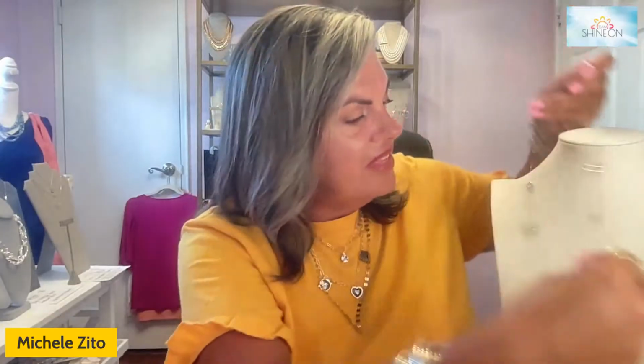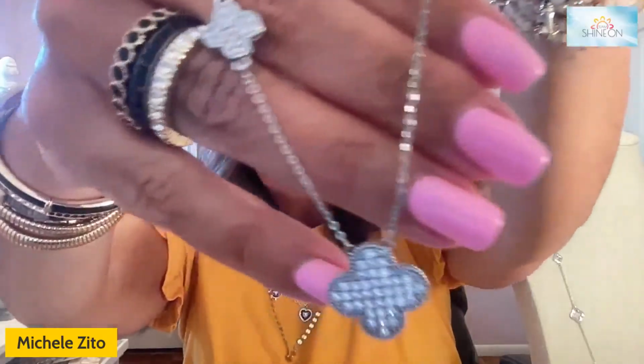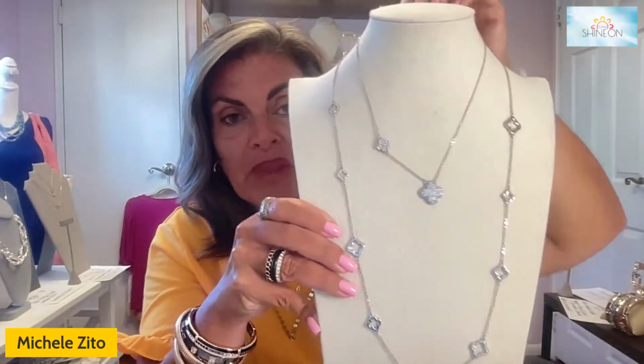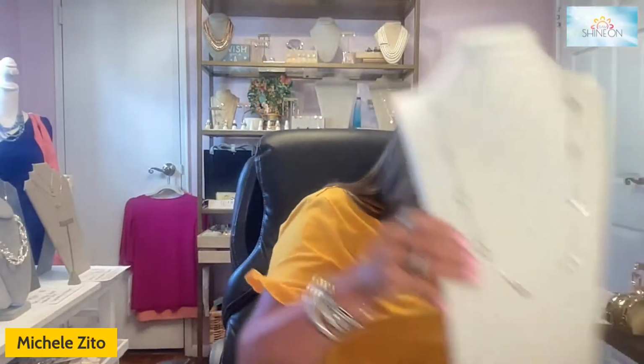But once we have this, I know on Wednesday I showed how you can layer it with the Bev necklace, which is a piece you may already have or can put on your wish list today. I mean, the sparkle on this is another one. This is another example of, oh my gosh, this was much more sparkly when I received it, right? But I really wanted to show you a new one that I got since then that is absolutely stunning with this and that you're going to love to have regardless. And that is